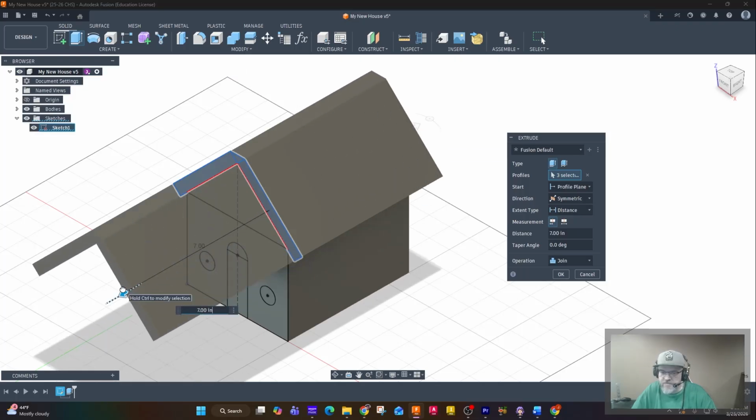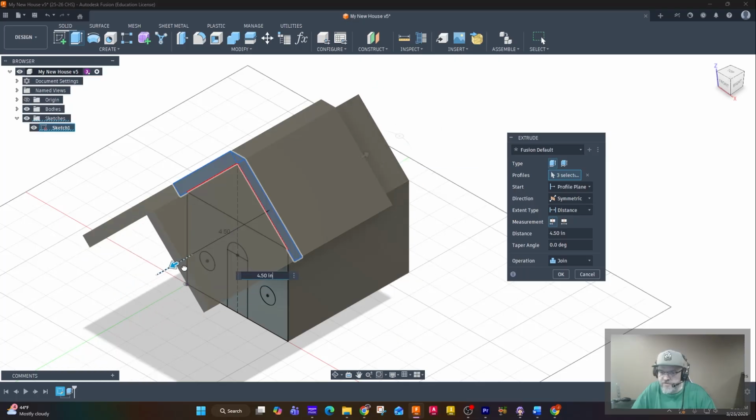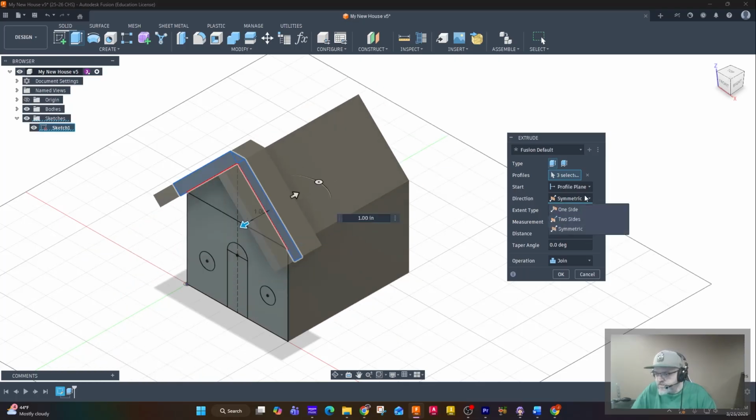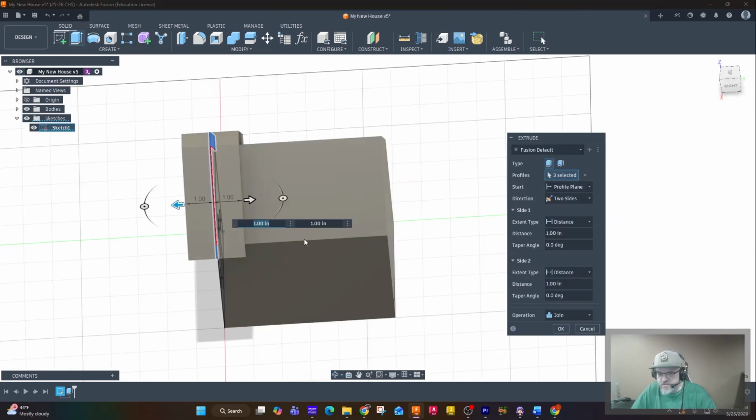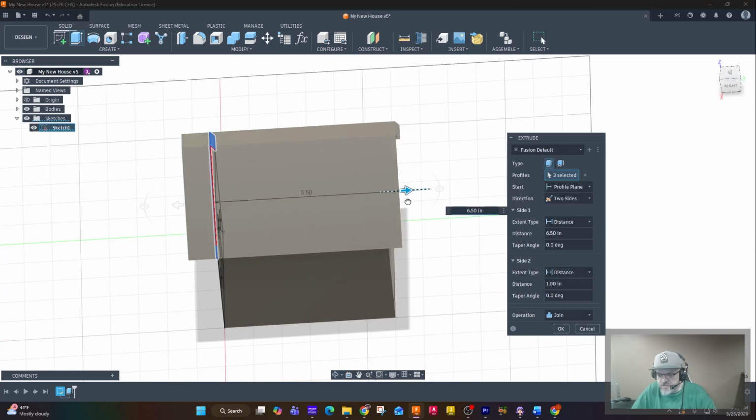So if we try to cover the whole house, it'd go really, really far. So instead, we're going to do two-sided. Again, we've got our text box where we can type, but in this case, I'm just going to click and drag, make it go over. So now we've got 7 inches on the front, we've got 1 inch on the back,